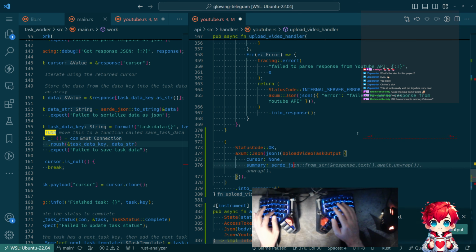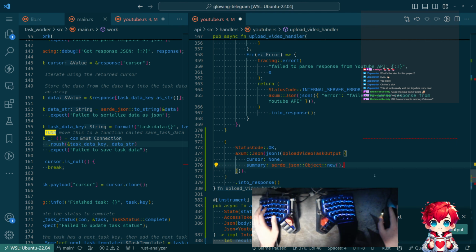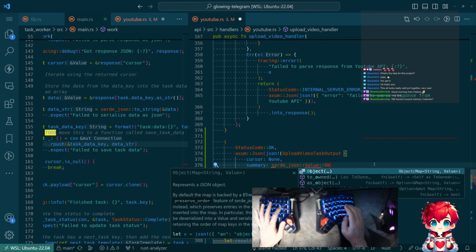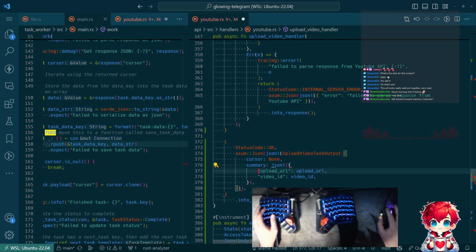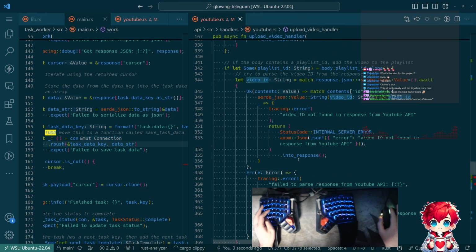sort of JSON. How do I... object? Can I do that? Value. Well, I could just do this. Yeah, let me just do this. And I just want the video ID in the summary, I think. Except I don't have, or...